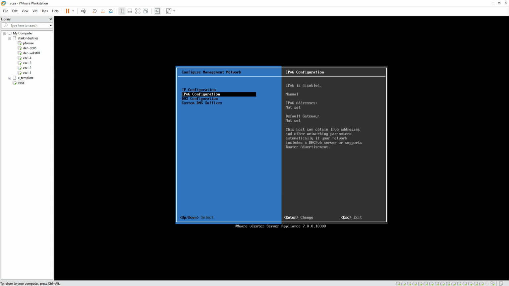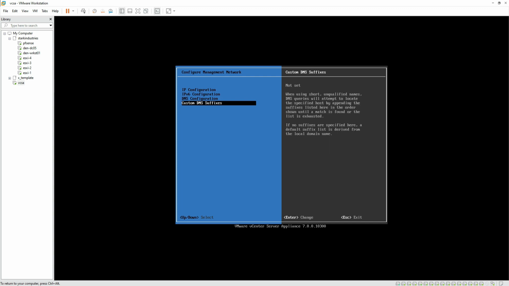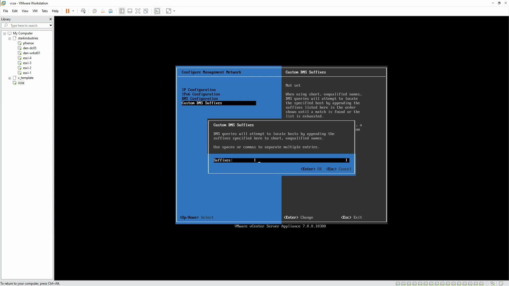Once I've done that, you can see IPv6 is disabled. Then I check my DNS configuration, that looks appropriate with the host name and the IP addresses. And let's also check the custom DNS suffix. We do not have the custom DNS suffix yet. So let me provide it the custom DNS suffix as